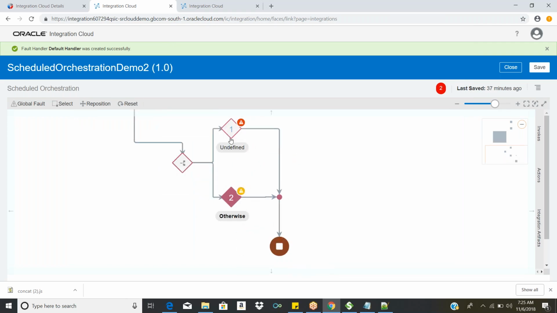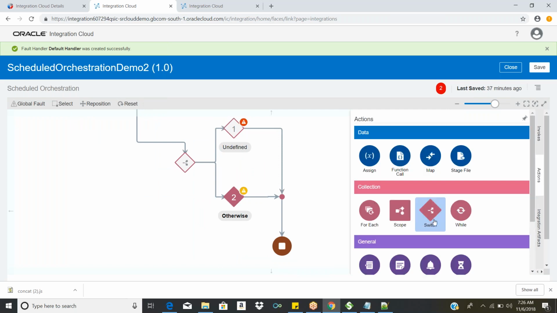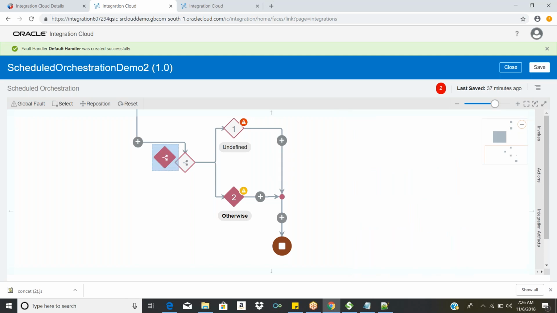How can we add this switch activity? Click on the switch activity and drag it in, and automatically this will pop up. Now, what's your requirement? If this value is equal to, greater than, or less than, and this is satisfied, then execute this operation.